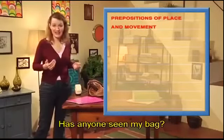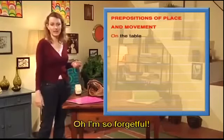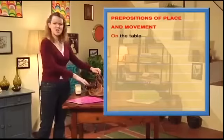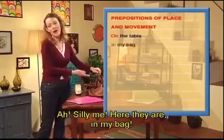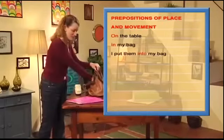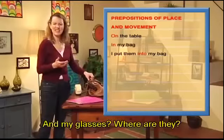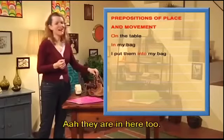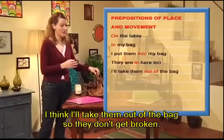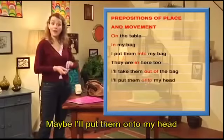Has anyone seen my bag? Oh, here it is on the table. Oh, I'm so forgetful. I can't remember where I put my keys either. Oh, silly me. Here they are in my bag. I remember I put them into my bag so I wouldn't lose them. And my glasses? Where are they? Ah, they are in here too. I think I'll take them out of the bag so they don't get broken. Maybe I'll put them onto my head